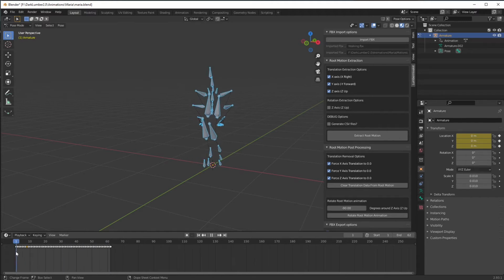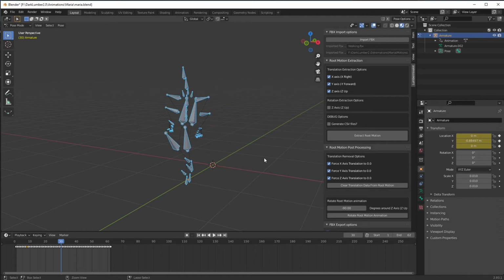And sometimes you want to do this kind of clearing because you want to keep the actor in place, or you want to do some interesting animation effects. Sometimes you don't want root motion and you want to move your character with gameplay code instead of root motion data. But this is an example of how to use the post-processing options that the plugin gives you. Nonetheless, let's do Control Z,